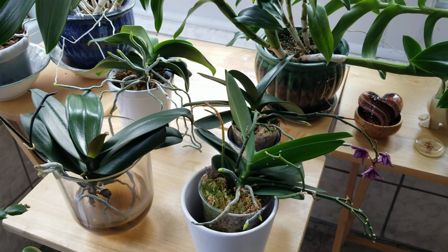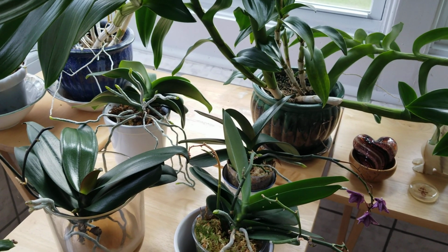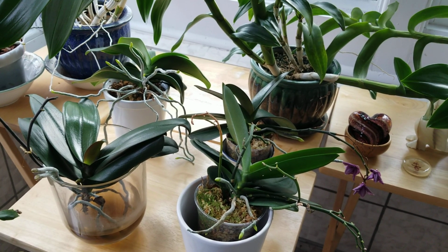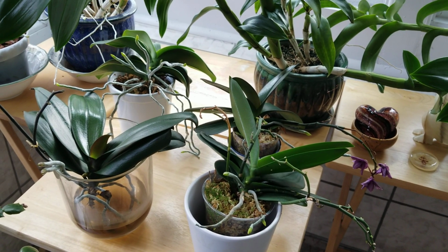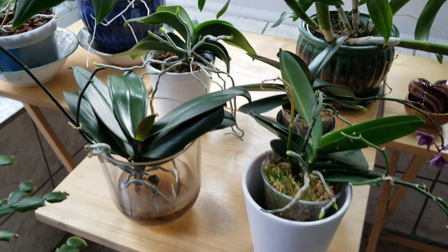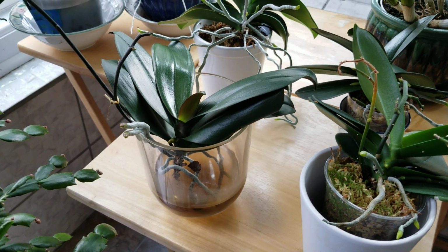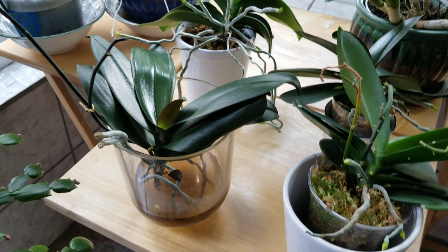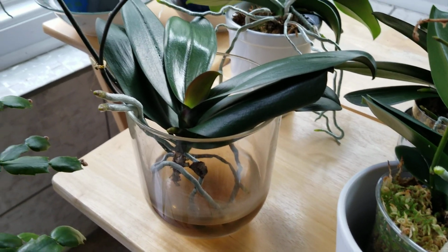Okay, so let's go over to the miniature Phalaenopsis that's over here in these eastern-facing windows. They love the New Zealand sphagnum moss. They require a little bit more water, and I believe that the moss retains more moisture, and so they're just thriving in this New Zealand sphagnum moss. Here you see an exception. My little Phal Lawrence, Soho Lawrence, did not want to have anything to do with sphagnum moss. It was like, I like water culture, and the way that this Phal is shaped,